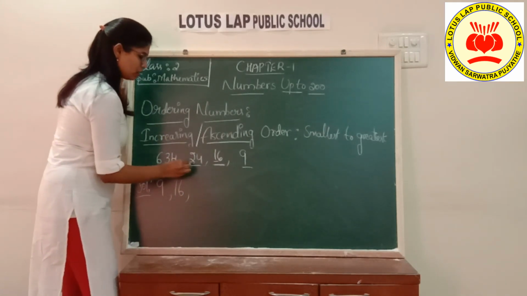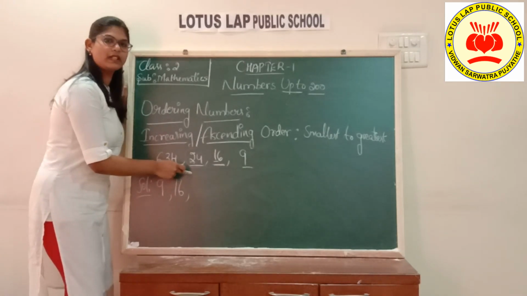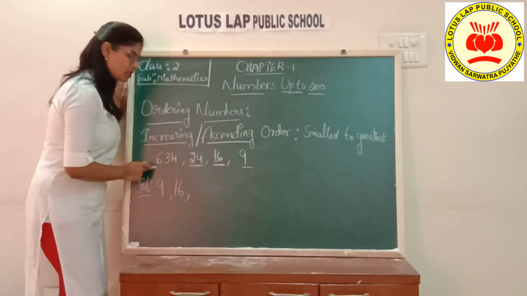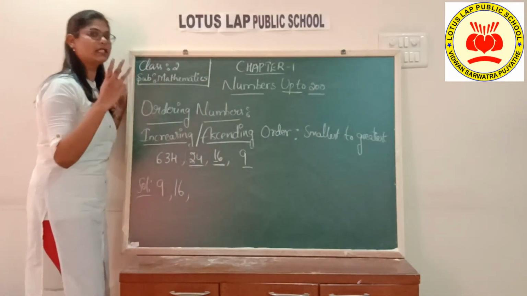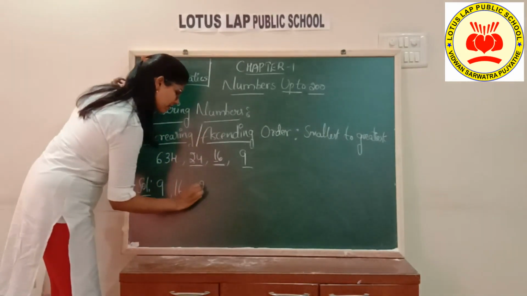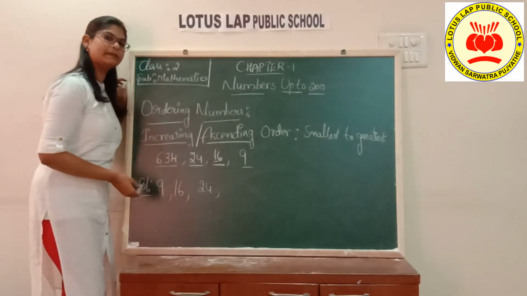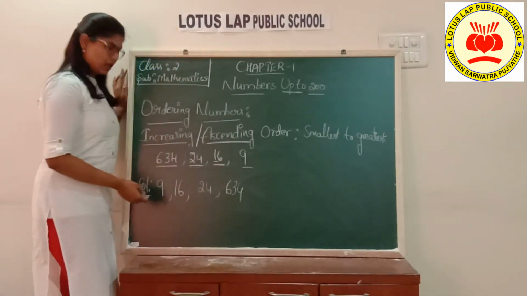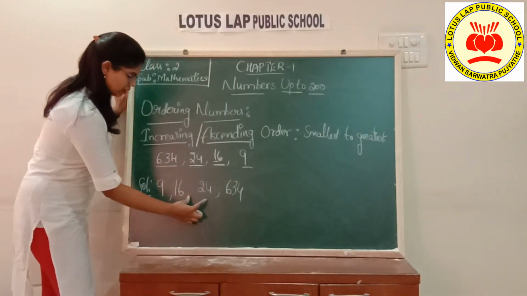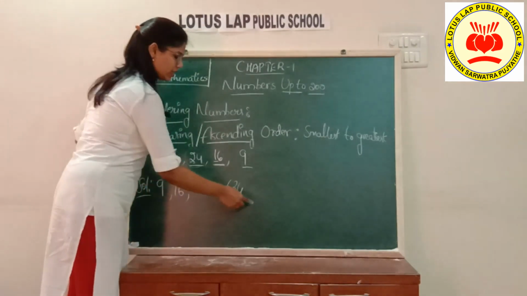2 numbers, 2 digit numbers, we have left only with 1 number here, which is 2 digit. And the next number is 3 digit. Obviously 2 digit is smaller than 3 digit. So next number we have to take is 24. Then which one is left? 634. See, 1 digit, 2 digit with the smallest place value and 3 digit.